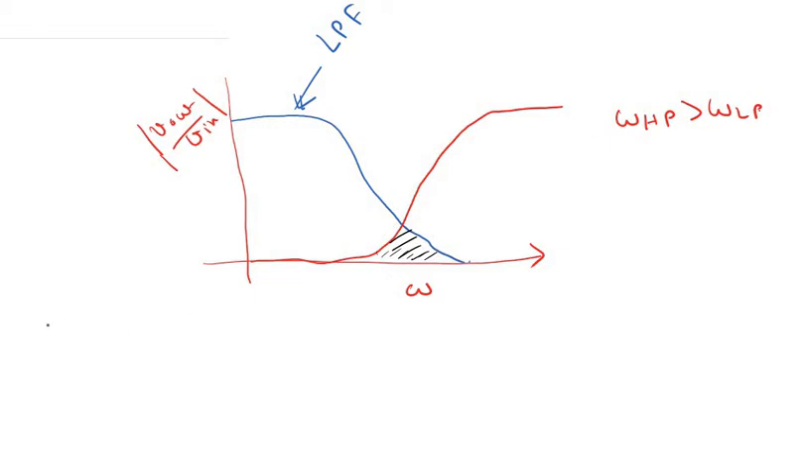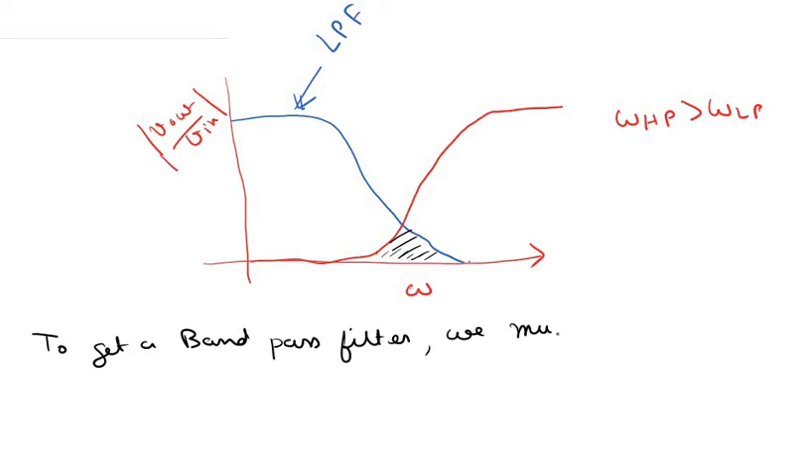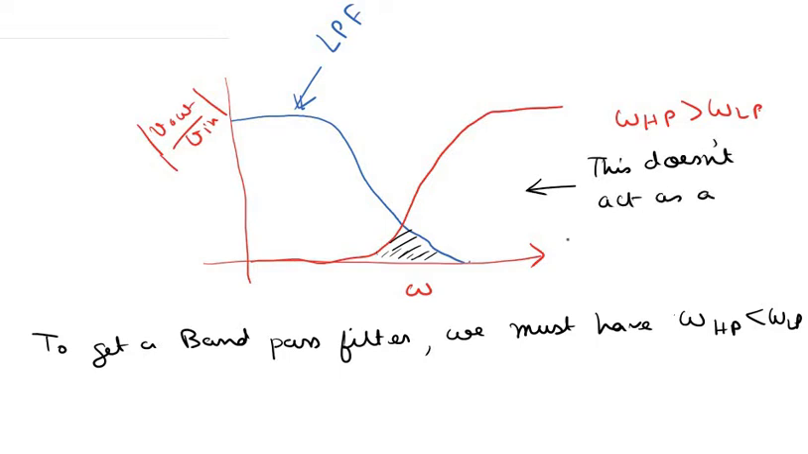So to get a band pass filter, we must have omega high pass to be less than omega low pass, and of course this doesn't act as a band pass filter. Okay,